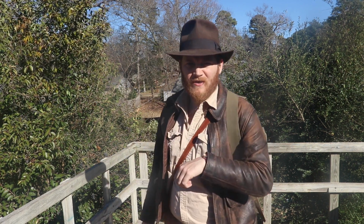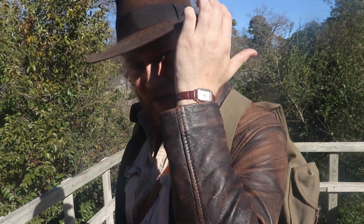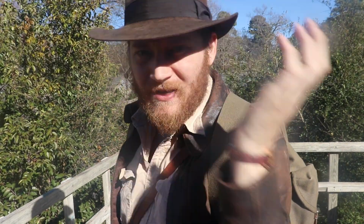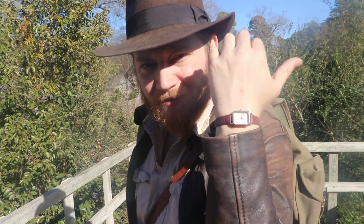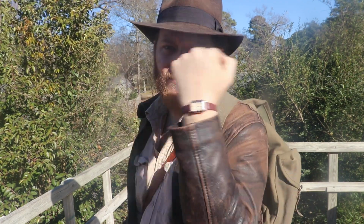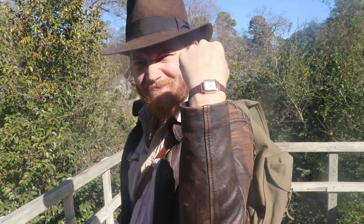Oh, one thing I forgot to mention was a new feature in Indy's gear, and that is a wristwatch. So the real watch is a Hamilton, very expensive. I got this off eBay for like 12 bucks. I'll see if I can find the same one to throw it on there. It's an alright close enough. I think it's a lady's watch, but...